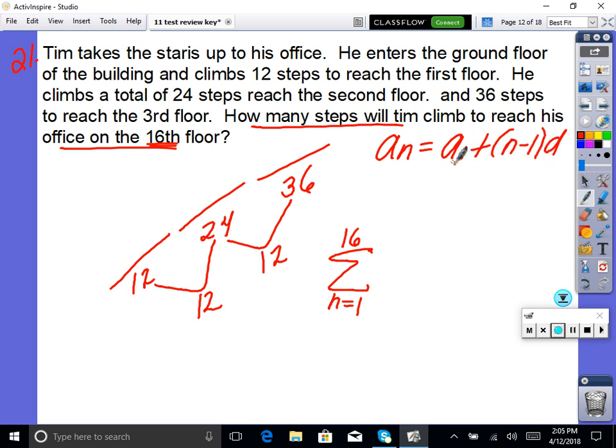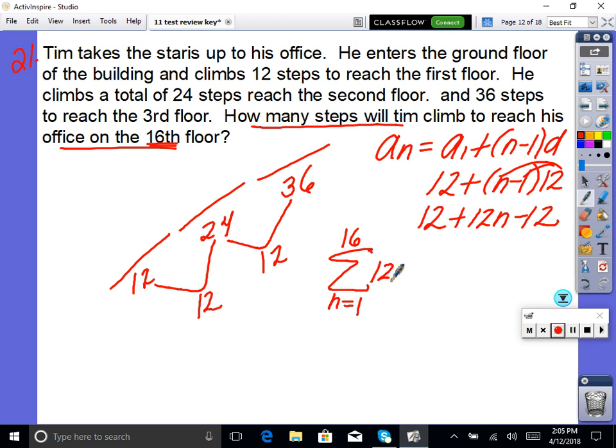So a sub 1 was 12 plus n minus 1. Our common difference was 12. Multiply 12 in. So with this one, our 12s went away, so we have a 12n. You would type it into your calculator, and you get 192 steps total. That was summing, because we wanted to know how many total steps he had to take to get up to